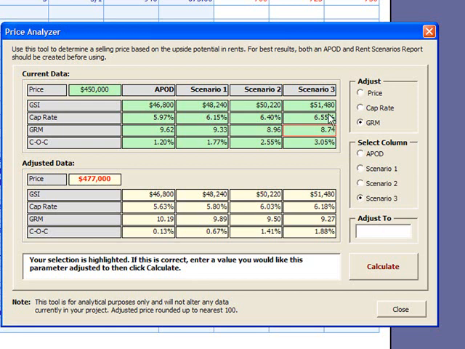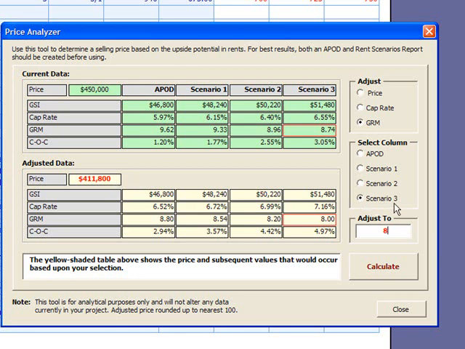You're saying that based on rent scenario 3, at an 8.74 gross rent multiplier, you'd like to see what the price should be at, well, let's say an 8 gross rent multiplier. So you would type in, well, first of all, you select GRM here, scenario 3, adjust to 8, you hit calculate, and it will show you highlighted down here, meaning that you have now changed this income to an 8 gross rent multiplier, which gives you this price of